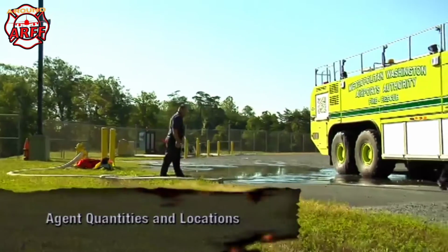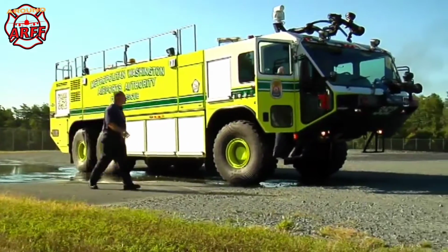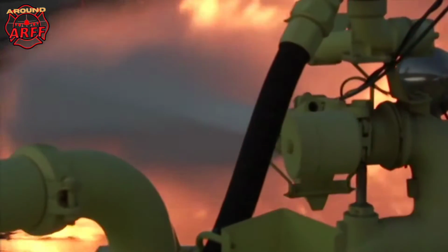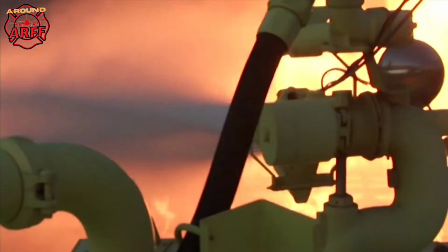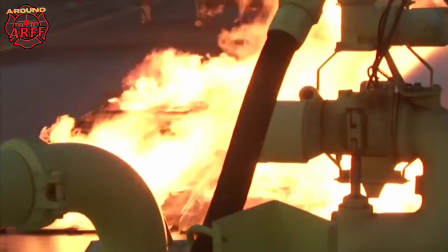Major ARFF vehicles are designated by the quantity of water they carry, from 1,000 to 4,500 gallons. Combined agent vehicles simultaneously apply two different agents. One is usually a pre-mixed solution of AFFF. The other is a dry chemical or clean agent. The Federal Aviation Regulations require a complementary agent system on ARFF apparatus. This is typically dry powder or